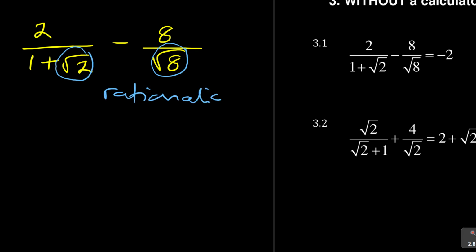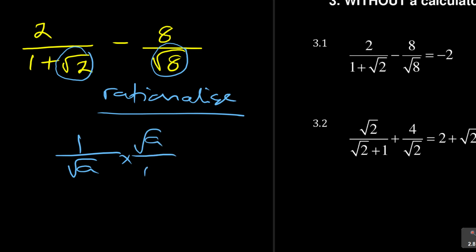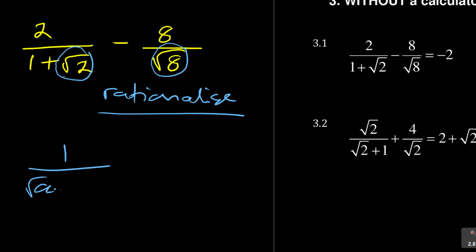rationalize. All right, to rationalize, that's what I was saying: if you're given 1 over square root of A, you multiply by square root of A over square root of A. So it's easier with that side, the square root of 8 at the bottom. Are you seeing that? But what about if you're given something like 1 over, for example, square root of A plus square root of B? What you need to do is multiply by